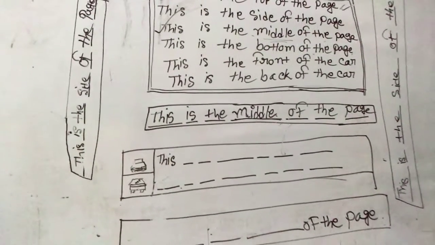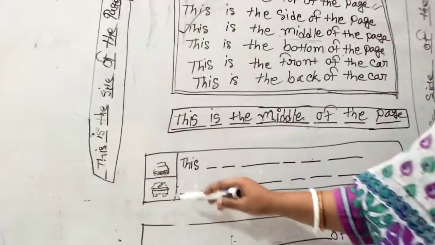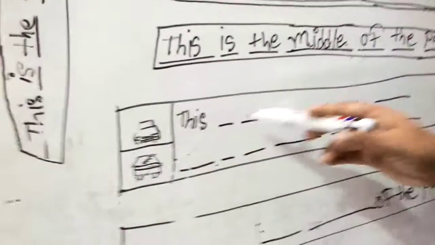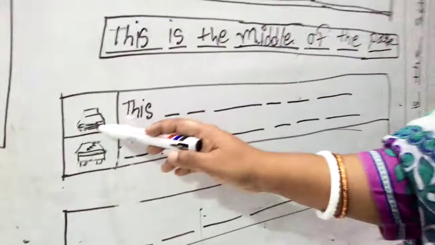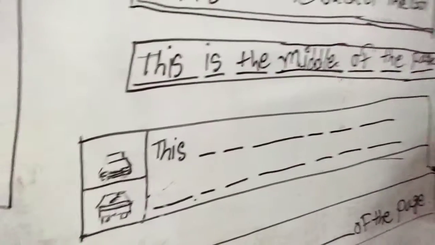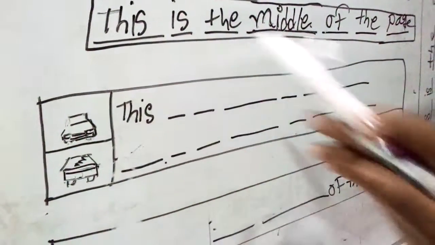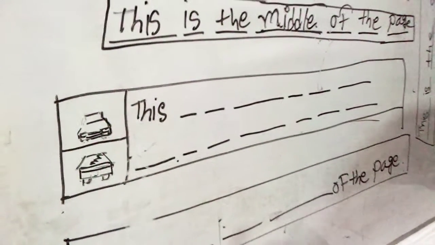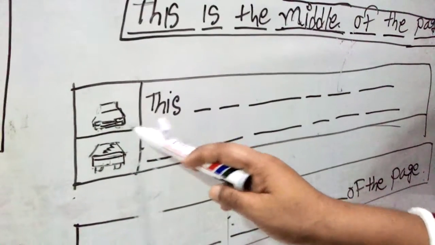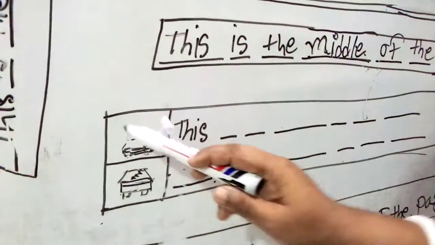Okay baby, now see here the next boxes, two more boxes are given. In the first box, I have tried to draw the front side of a car. I hope you have your book, so you won't have a problem matching that. Please imagine that it's the front side of a car. In your book you will have two boxes. The first one is the picture of the front side of a car, and the second one is the back side of a car.